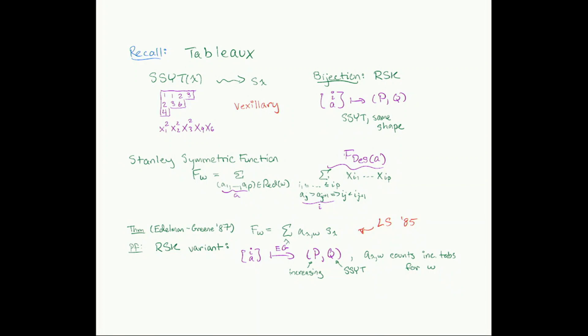So where I'm going to go next is I want to talk about Stanley symmetric functions. So these showed up at the very end of Dave's lectures, for those of us who were there, as a specialization of these backstable Schubert polynomials. In the interest of brevity, I'm only focusing on the Stanleys, but pretty much everything I'm saying can also be extended to that generality. So I have this definition. It's pretty complicated,